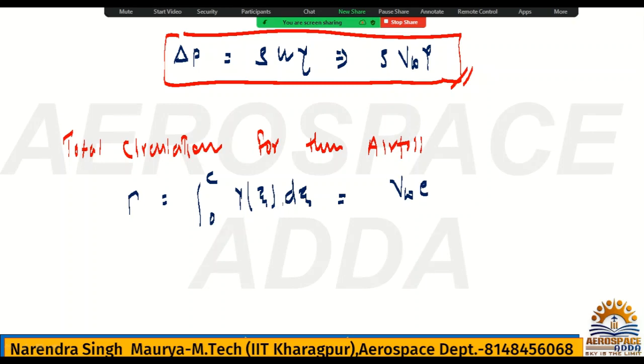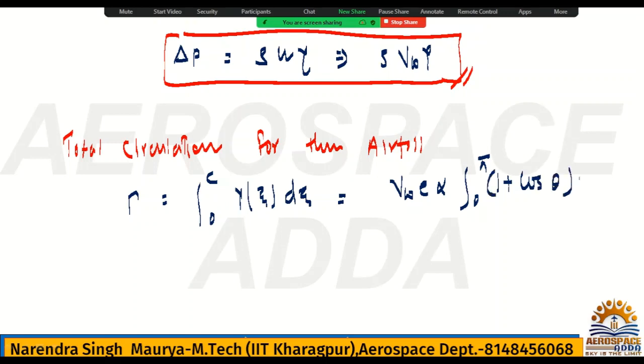So better you just remember the value of the total circulation. If you write gamma xi again, it will be a very lengthy calculation, so I'm not going into that. I'm writing the gamma xi value directly, and converting the limits 0 to C into the polar form. Substitution will be there, and the limit will be 0 to pi now. So it is nothing but V infinity, C is the chord length, alpha the angle of attack, integral from 0 to pi of 1 plus